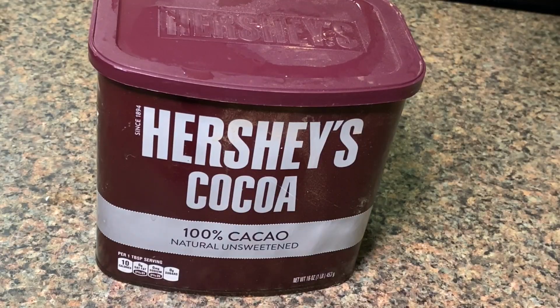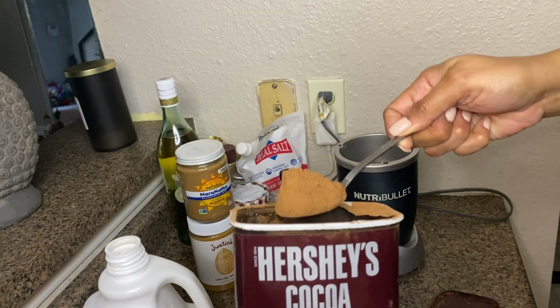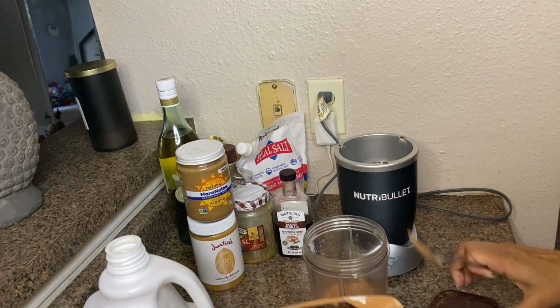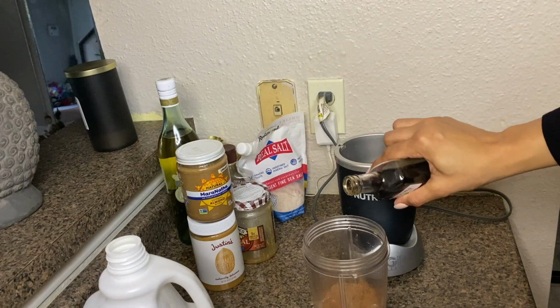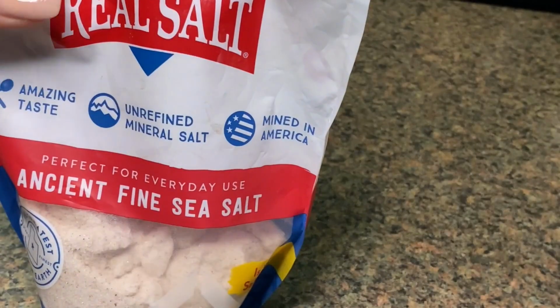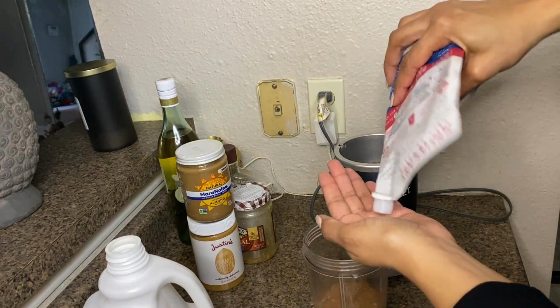Next up, I like cacao powder, unsweetened cacao powder. A big, a big heaping scoop of that. And then I use vanilla extract in this. I put a little pinch of salt to kind of offset the sweetness of the syrup that I'm about